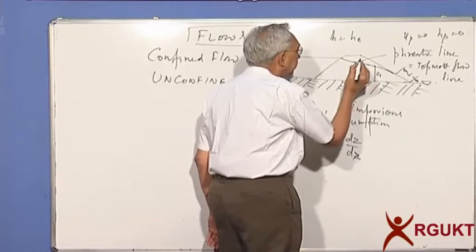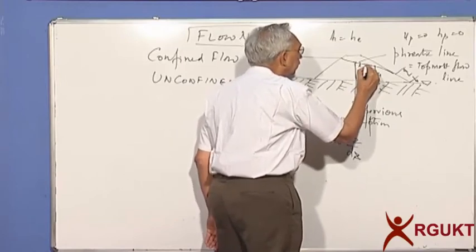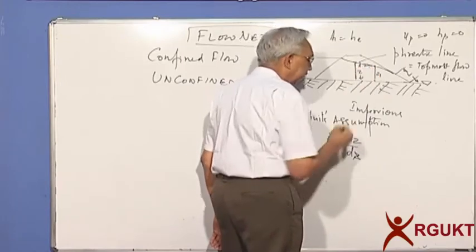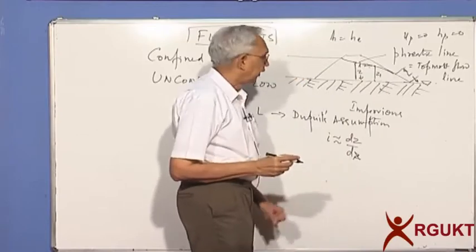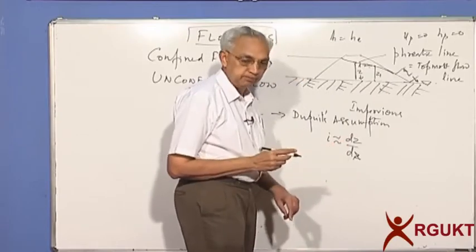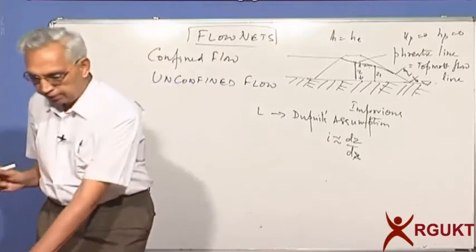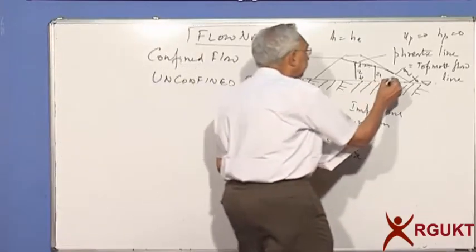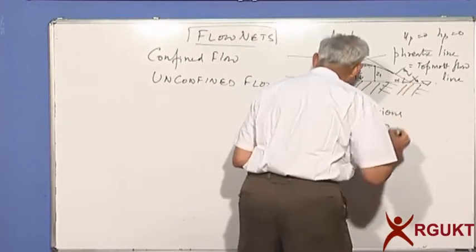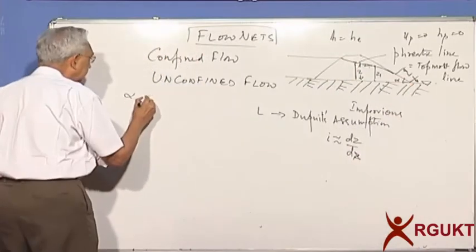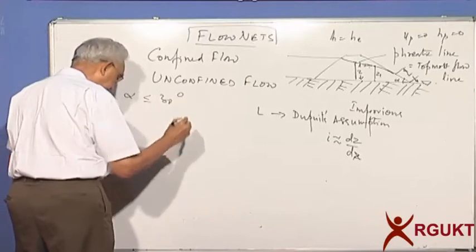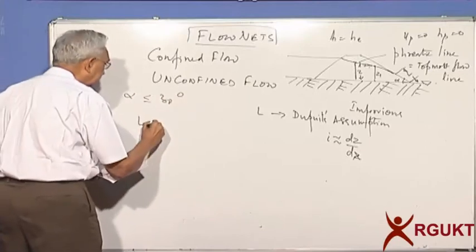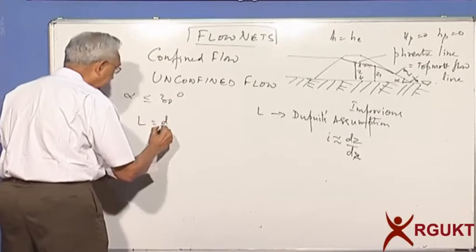So if I take the slope of this, for example, dz/dx, that is how you do that. Based on that, we have an expression which we gave yesterday. If you want, we'll again write it down. For flat slopes, let's say if alpha is less than or equal to 30 degrees, Dupuit's assumption is valid. L is equal to d by cos alpha